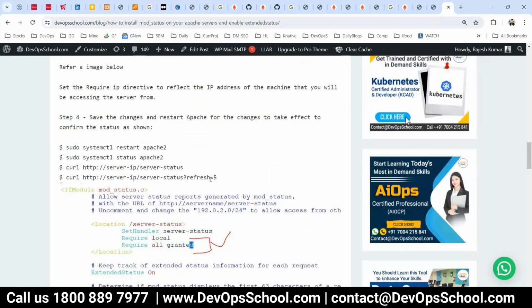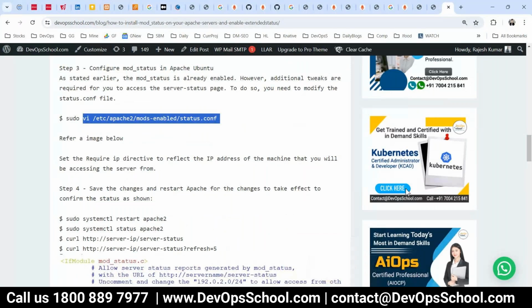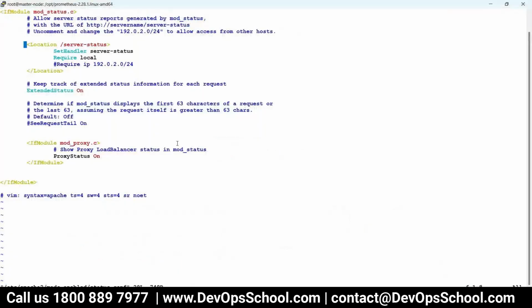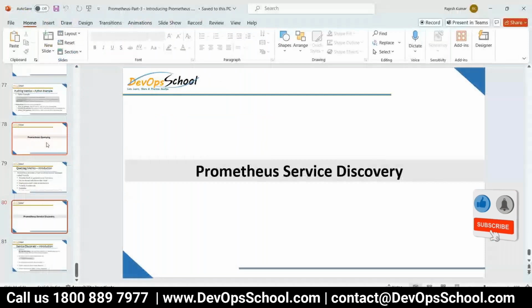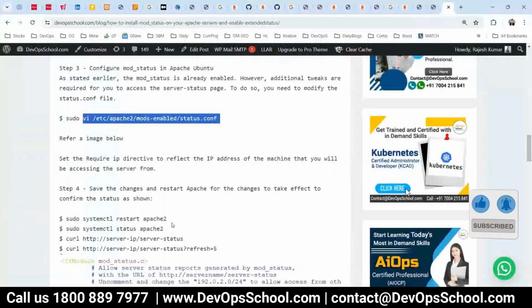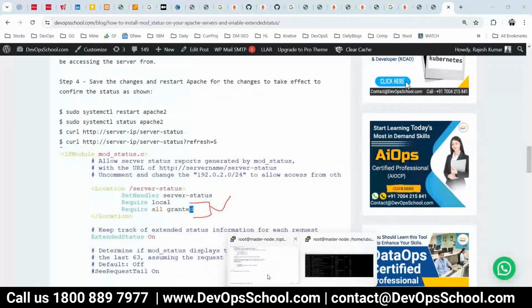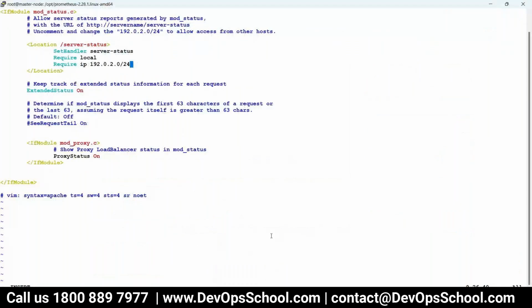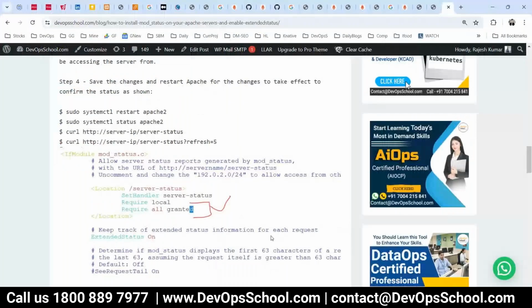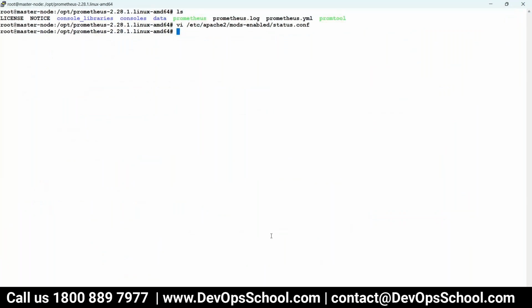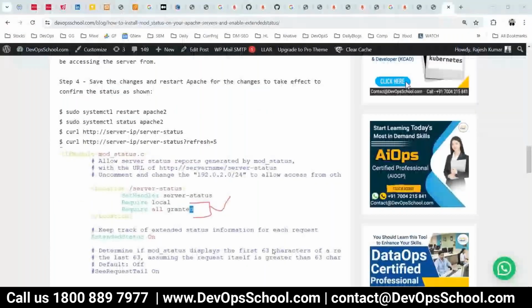So this file I'm going to enter, this one, all granted. This is a part of configurations, all granted, enter. Done. So Apache is actually installed, so all this command you have to run